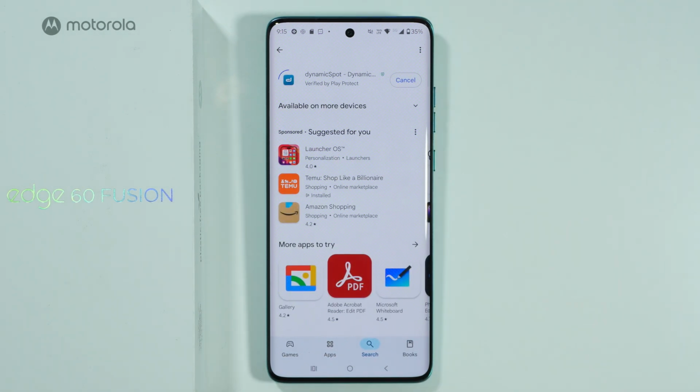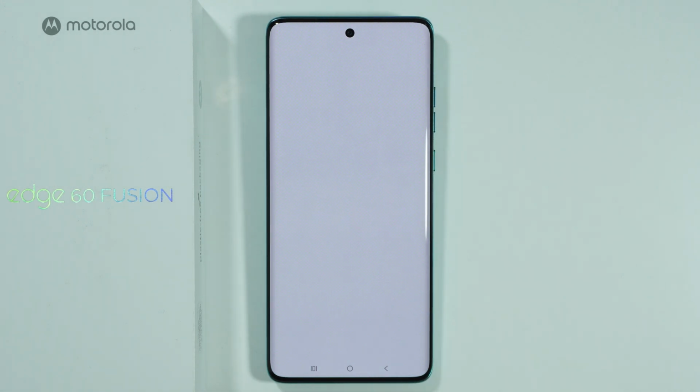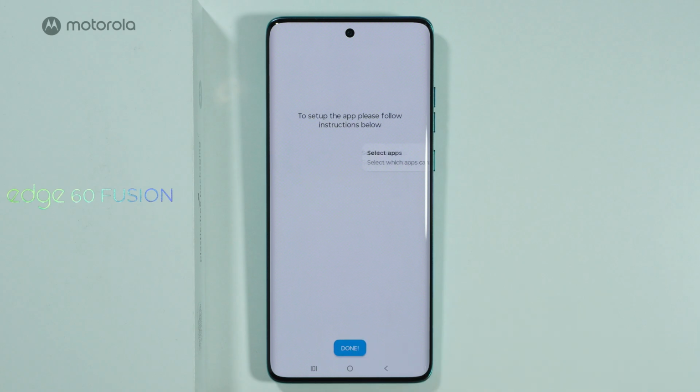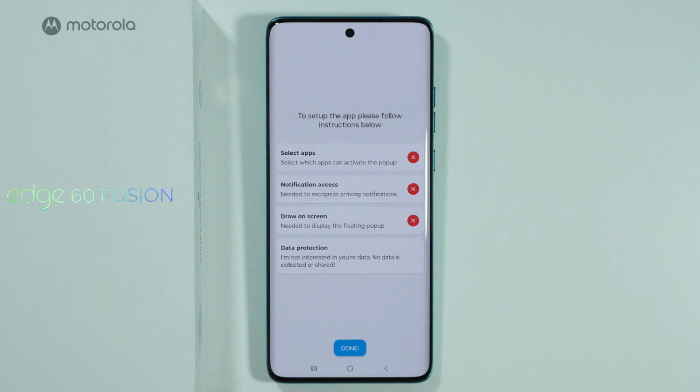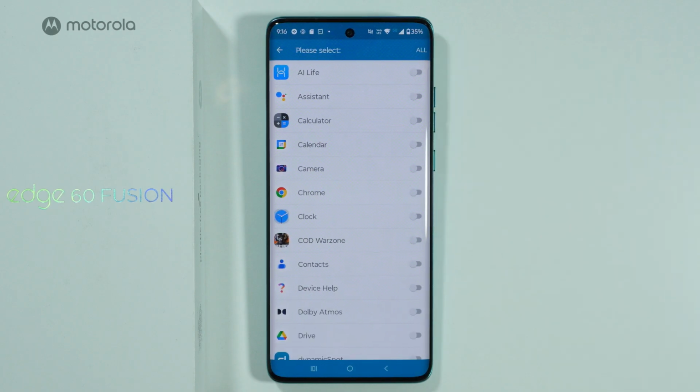Feel free to try any other app if you don't like this one for some reason. So let's press open. I'm gonna show you how to set it up. Alright, so now let's press next. Over here we have the list of things that we need to do one by one. So first let's select apps that will be synchronized with the